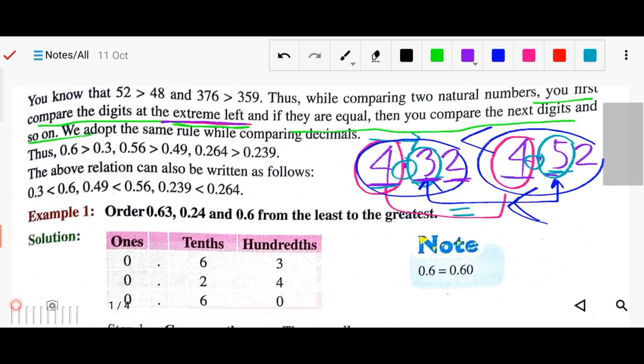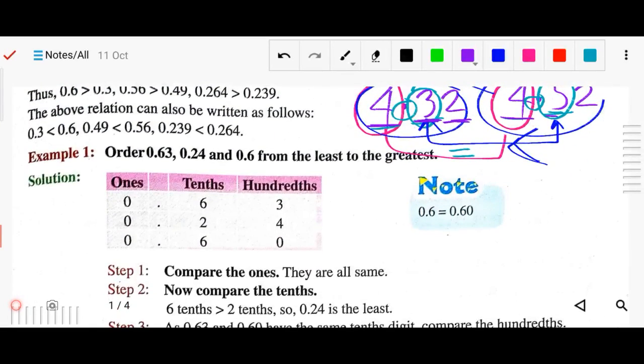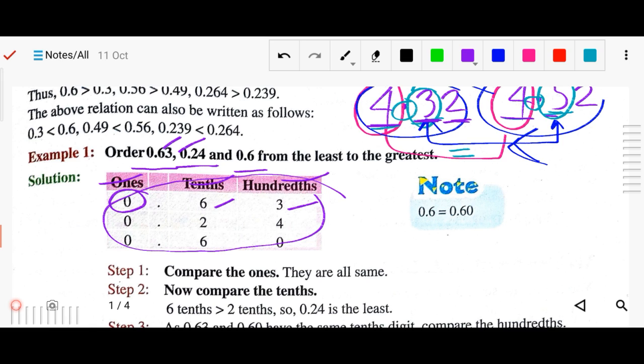Okay, so you can see some examples here: 0.63, 0.24, 0.6. You can write them in a table like this: ones, tenths and hundredths. Whatever is at the ones place, you write under ones. The tenths place is the 6, and in the hundredths there is a 3. So likewise you can write it in this table, and from here also you can compare. You can see which one is the greatest number. And a very important one, you can see here